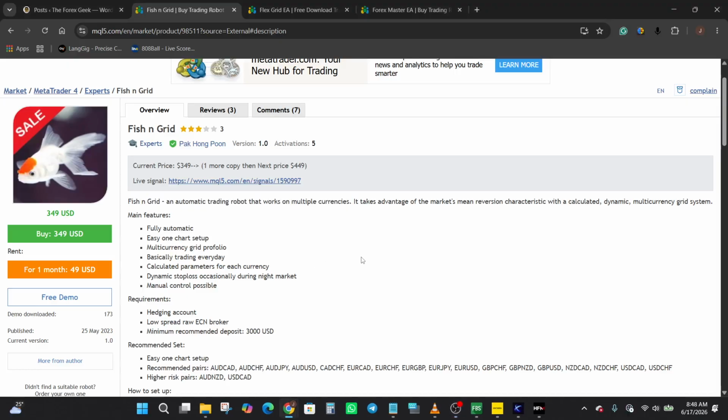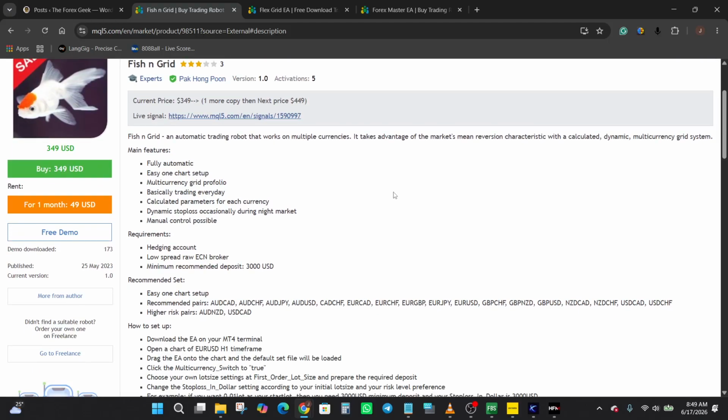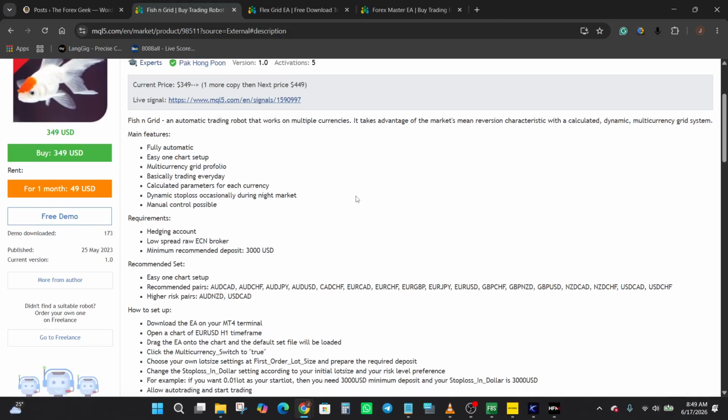Okay, and the developer states that the EA is built around the concept of mean reversion and uses what is described as a calculated dynamic multi-currency grid system. Now, as I continue scrolling through the page, one of the key points mentioned is the simplified setup process. The developer describes it as an easy one chart setup, which means the EA can be attached to a single chart while managing multiple supported currency pairs when the multi-currency